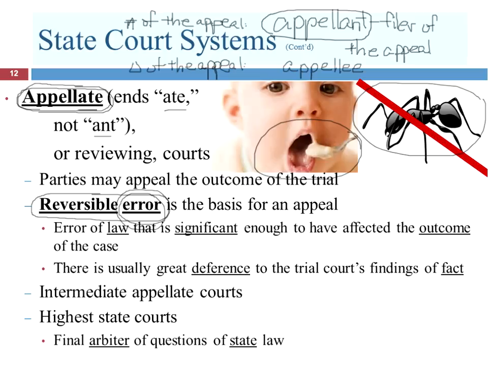They're expensive for the litigants, but also expensive for you and I as taxpayers. We don't want to have to do that multiple times unless there's a really good reason why we need to. And related to that is that there's great deference to the court's findings of fact. The appellate judges, and there's typically going to be 3 in a panel, they didn't hear the live testimony. They didn't see the demeanor of the witnesses. They didn't dive into the facts the same way that the trial judge can dive into it, because he's there,